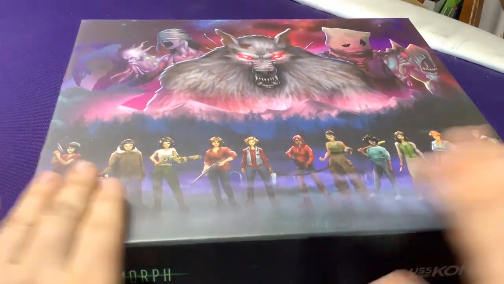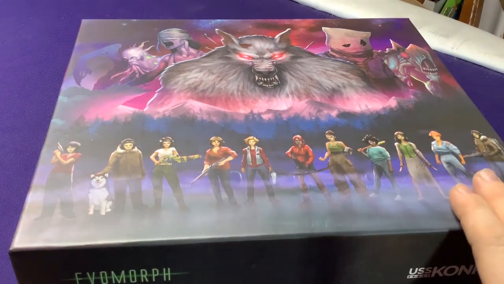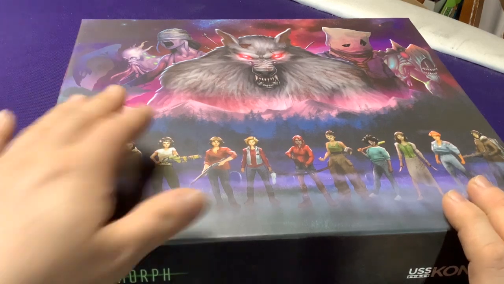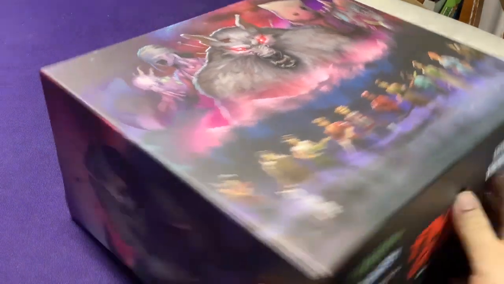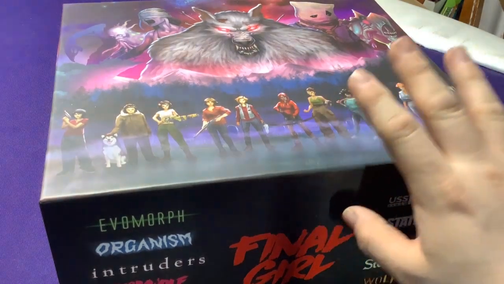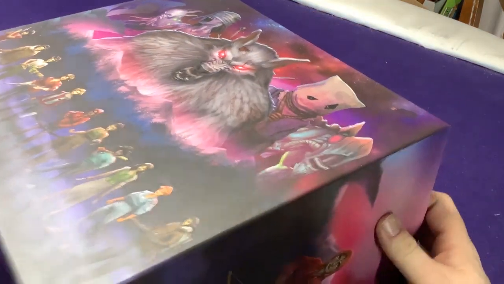The artwork on here is really cool. It shows all our different Final Girls from the 5 games in here, plus the vignette expansion. Plus we have all our killers up at the top there. We have some neat artwork on the side. What's also pretty cool is if you put this up next to box number 1, face this way, it kind of adds into a pattern going all the way across. If we flip over to the back side,